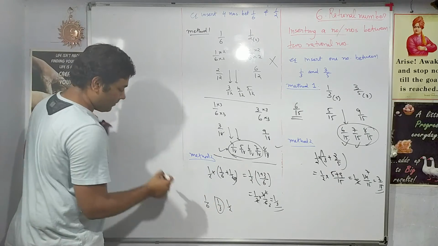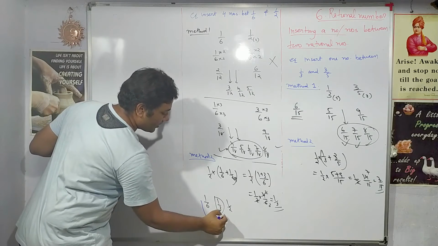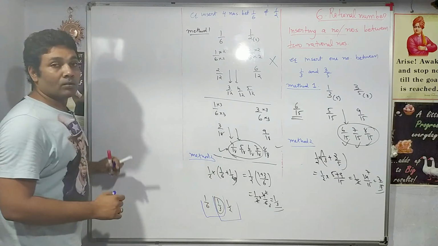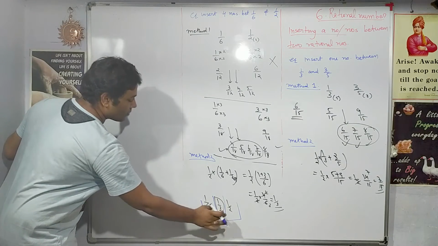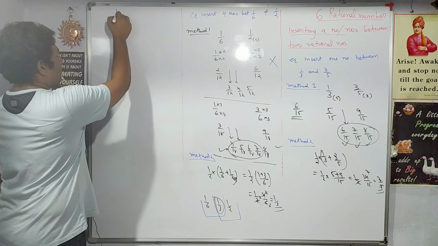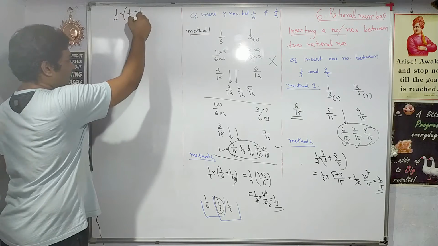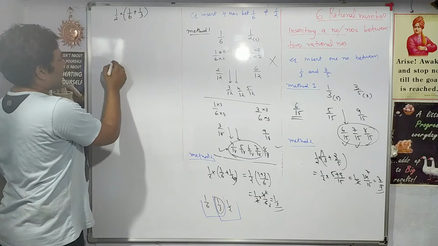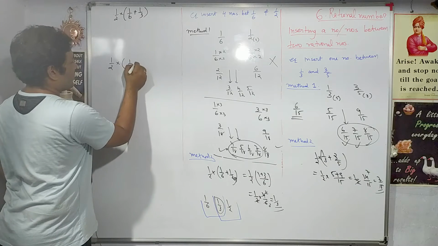Now what will be the next step? Find one more number between these two numbers, then again find one more number between these two numbers. Same steps you wish to repeat. Let us find out one more number between these two numbers. So half of 1 by 6 plus 1 by 3, right? And one more number, how will we find it? Half of 1 by 3 plus 1 by 2.